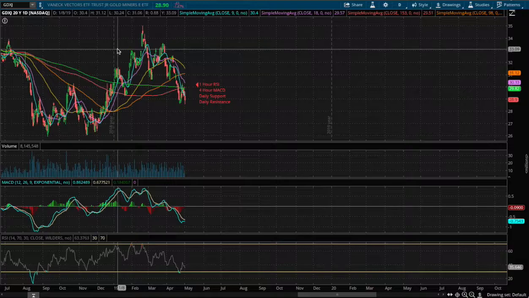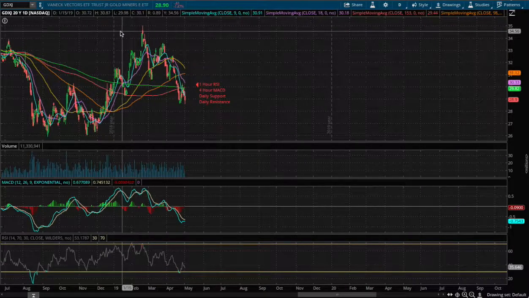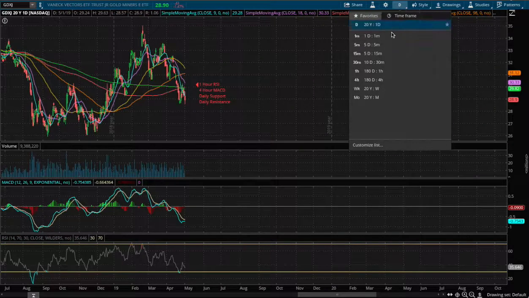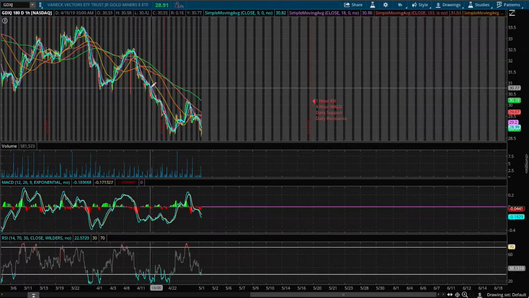ETF ticker symbol GDXJ. Gold miners are currently down around 1.5%, and today we had the Fed rate decision, and they say there is no bias towards a Fed rate cut or a Fed rate hike, so there's no real new news, so we may continue on down, as the gold miner trend has been down for the past couple